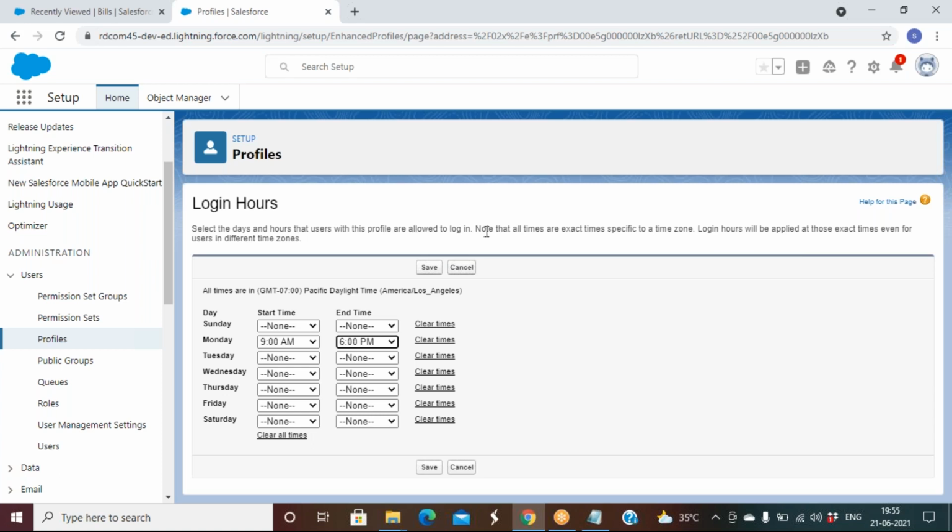It all depends upon the time zone. This time zone is taken from the company information, where we can change the time zone.